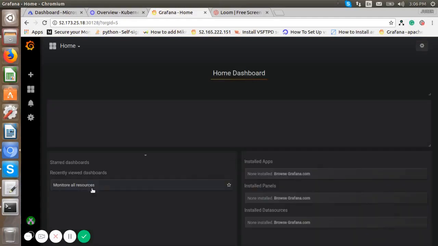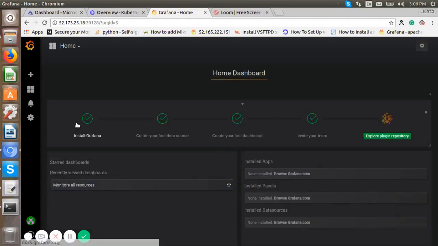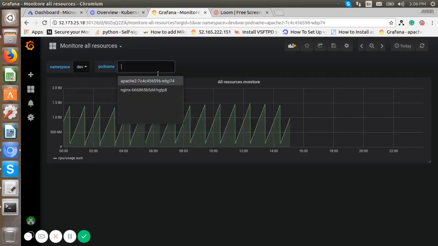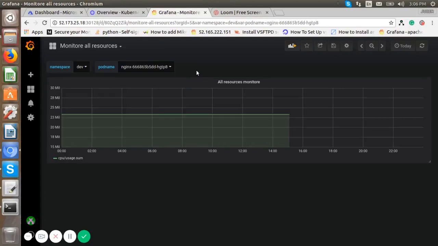We can log in using the Reactworks admin user and see the dashboard for the dev namespace to monitor all containers. Here we are able to monitor all the containers in the dev namespace.